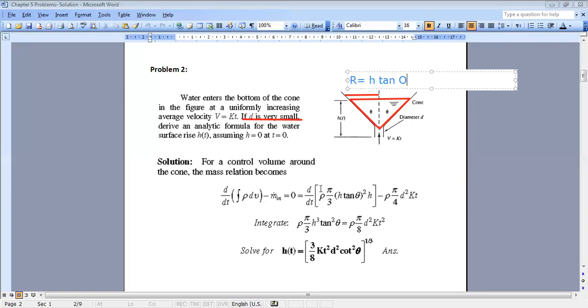Doctor, why h tangent theta? How did we get it? Okay, because look at this triangle. You consider that this is h. H is this length here. It's the water level inside the cone. And R is